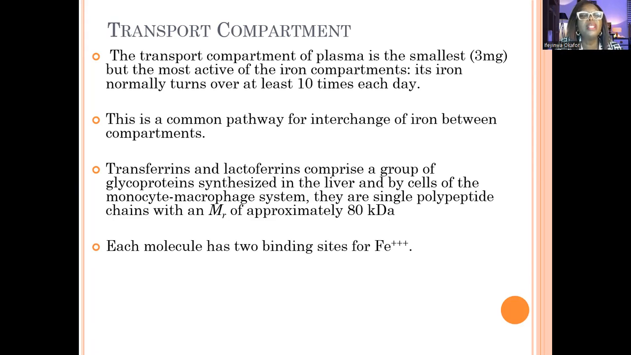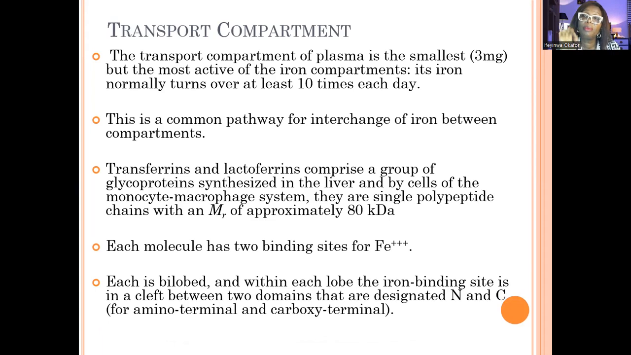Transferrins and lactoferrins are synthesized in the liver and also by the cells of the monocyte macrophage system. Each molecule of transferrin has two binding sites for iron 3. Each is bilobed, and within each lobe, the iron binding site is in a cleft between two domains that are